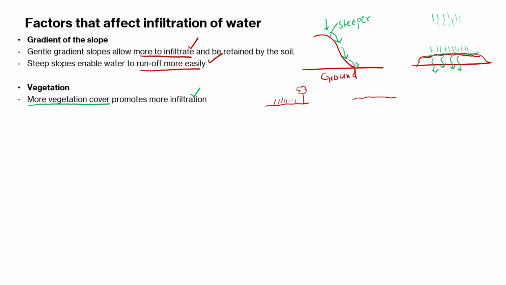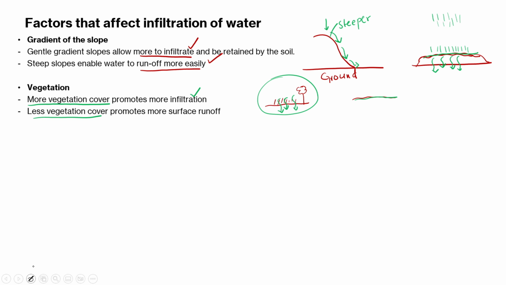So basically, when it rains in such a place that has got trees and grass, the water will actually not run off. It will actually sink or infiltrate. So the higher the vegetation cover, the greater the infiltration. So basically, vegetation cover promotes infiltration. But as for a ground with less vegetation cover, or maybe surfaces that are made up of concrete and all of that, they promote more runoff because when it is raining, the water will just run off easily. So the vegetation cover affects the infiltration as well.